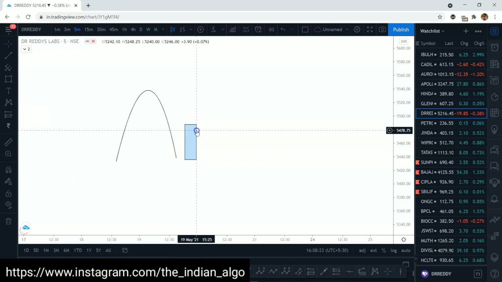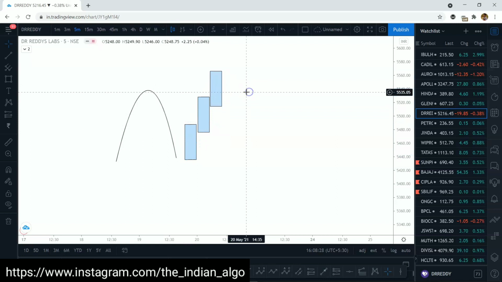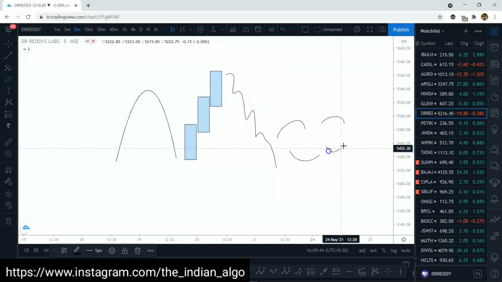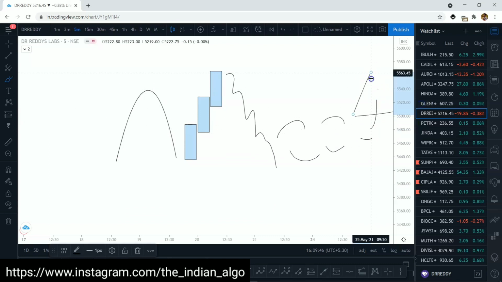You'll get huge candlesticks, something like this. And as we see this up move, what we are supposed to do is wait for the prices to fall back down. But there's a particular manner in which you have to understand the fall as well. And after this fall, there is some sort of price action that you need to understand and then initiate a trade. So this is what I'll be discussing now.